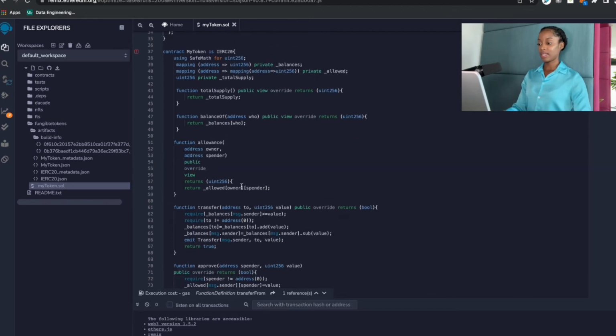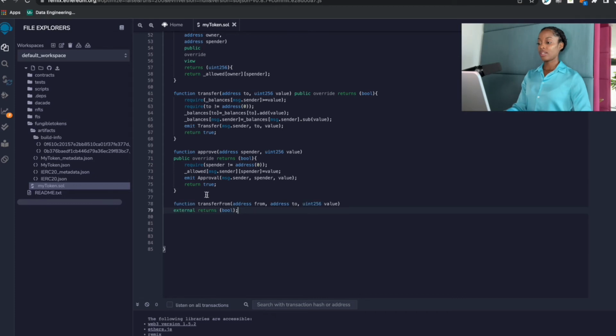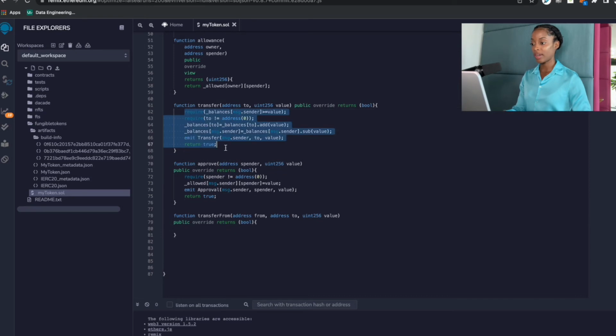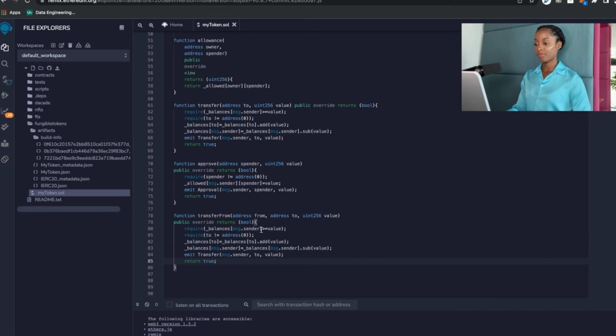So just pasting that again, changing external to public, and then override. And then I'm basically going to copy this, except I'm going to change wherever I see message sender to the from address. So from